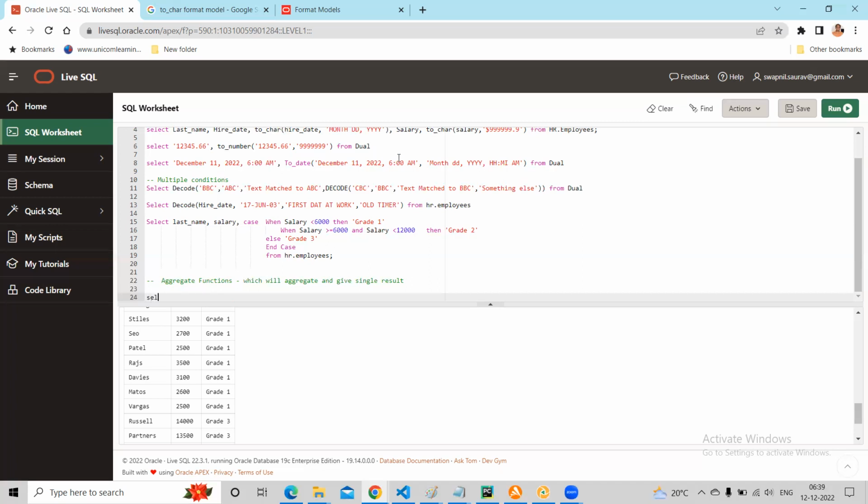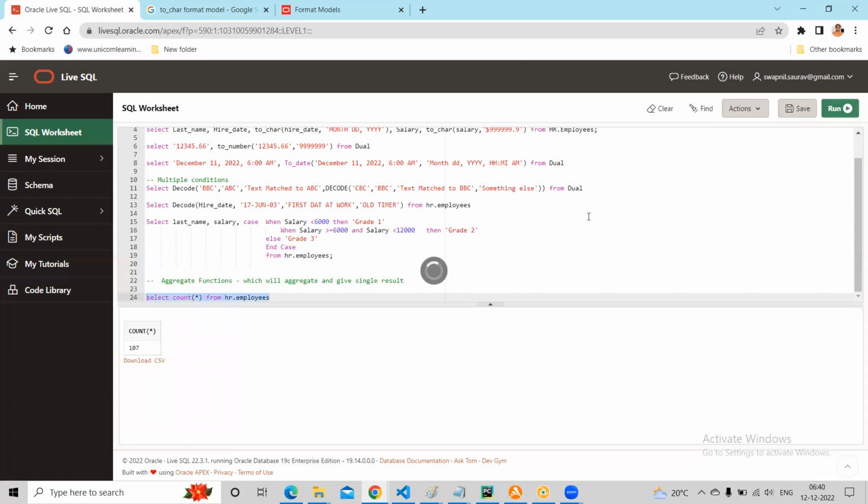So let's do it at global level, at the full table first. So we will do total count. Count is the function, and star means all the records. So select count star from HR employees. When I say select count star from HR employees, you get 107. So there are 107